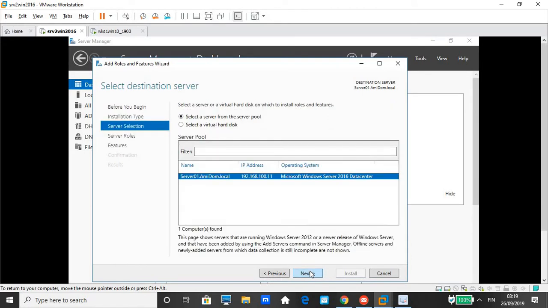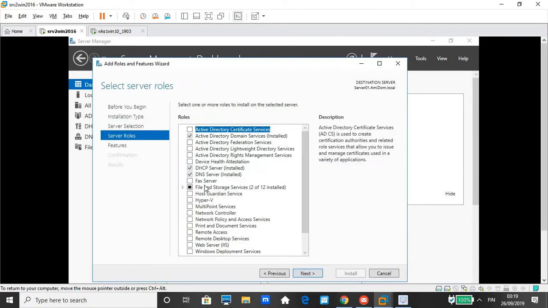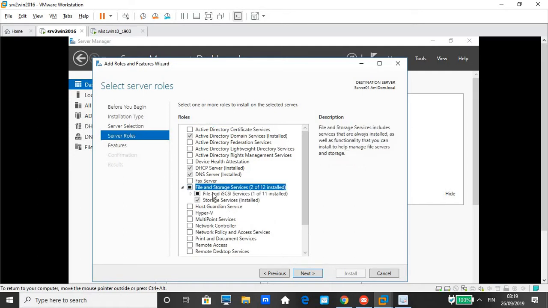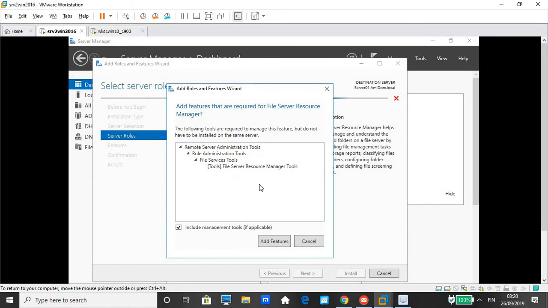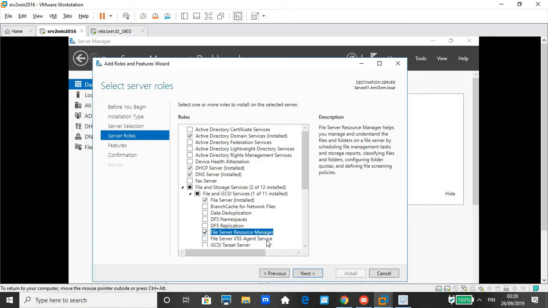Same thing, next, and I will click File and Storage Services, this one, and I will expand it and then here you can see File Server Resource Manager. I didn't click anywhere else, just expanded this one and this two, and then I get this File Server Resource Manager. Then I select this one, same as the DHCP server pop-up window saying to add features. I click add and next,